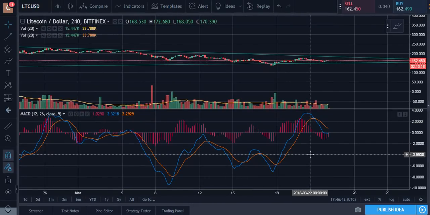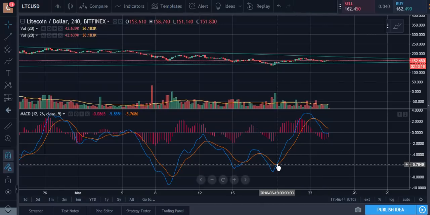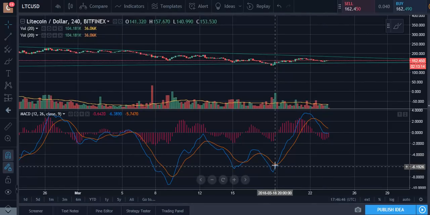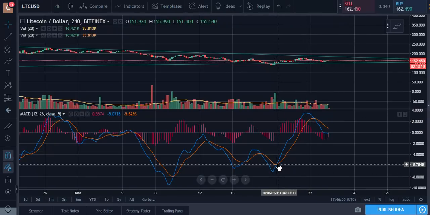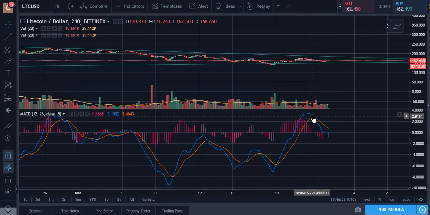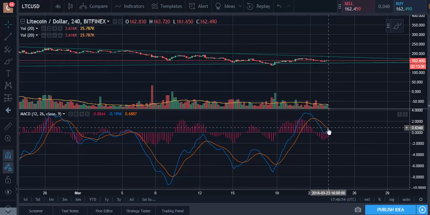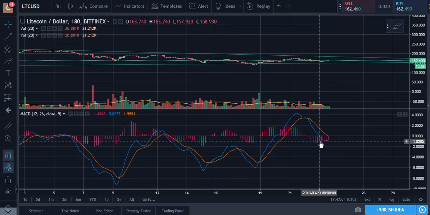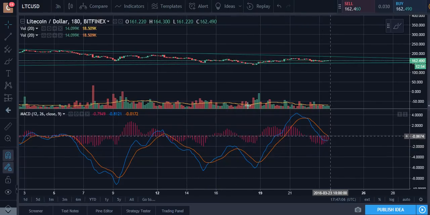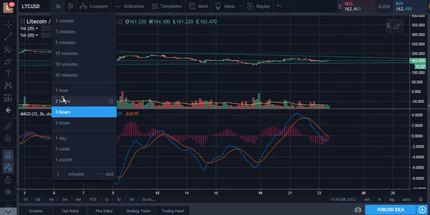And as you guys can see, on the 4-hour, when we had this cross going up, that sent the histogram into the positive, and we were also above. But guys, we had that breakdown through, and now we're kind of curling here. So it's going to be tight, guys. It's going to be really close here. I just wanted to inform you guys of that. You can see right here how we're coming back. We may touch right there.